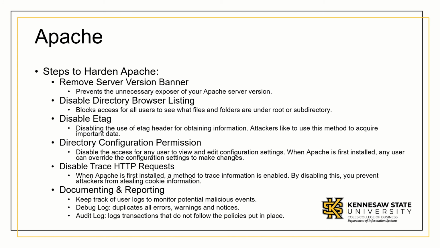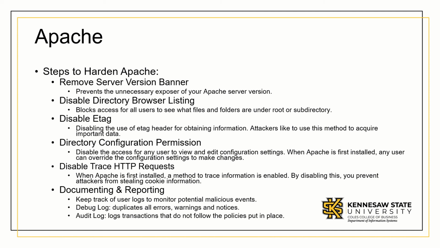So steps to harden Apache: remove server version banner, to prevent the unnecessary exposure of your Apache server version. Disable directory browser listing, which blocks access of all users to see what files and folders are under root or subdirectory. Disable eTag, disabling the use of the eTag header for obtaining information. Attackers like to use this method to acquire important data. Directory configuration